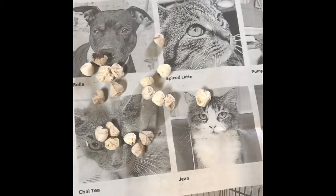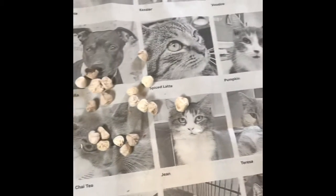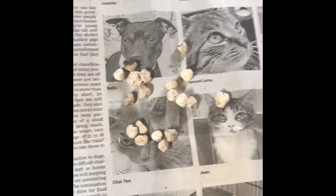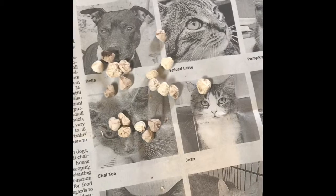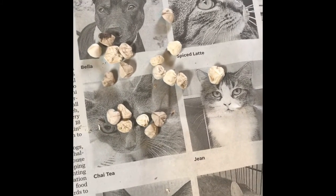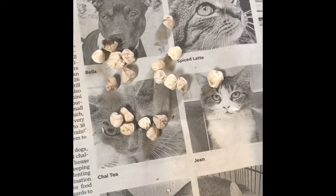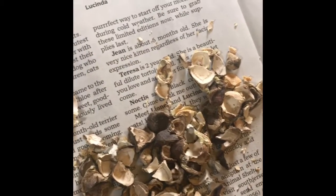Okay, so I peeled the moringa pods, and I have, it should be about 18. It took me a pretty good time to whack open those shells and get these out. I just used my hands. Maybe another option would be a nutcracker. I don't know. Here are all the pods they came out of